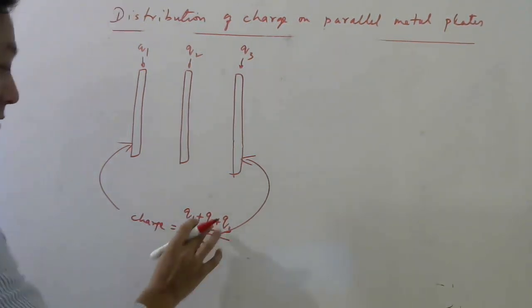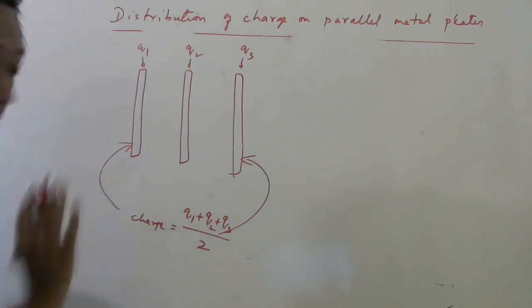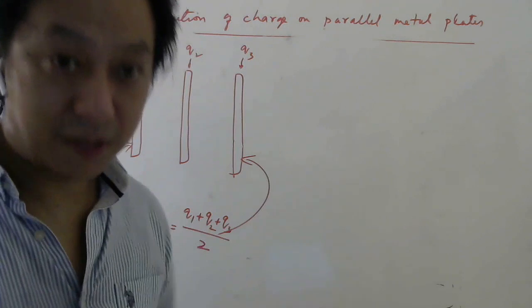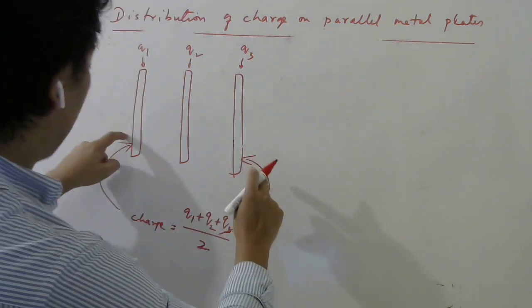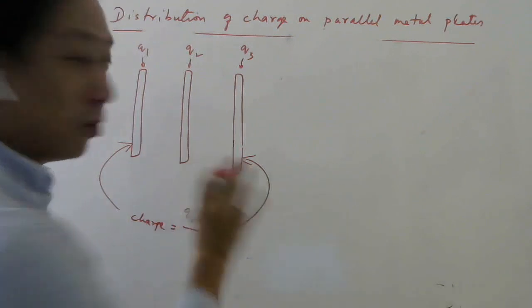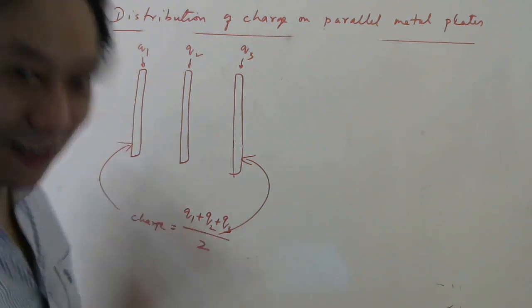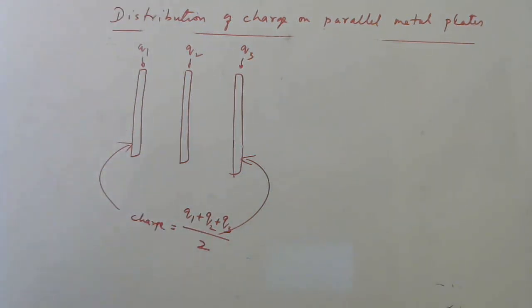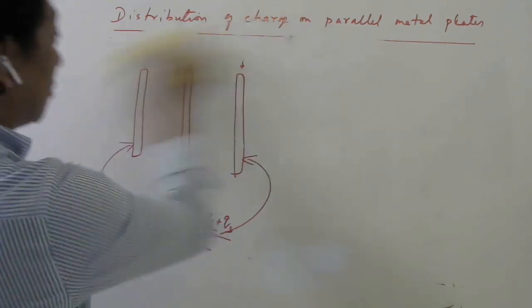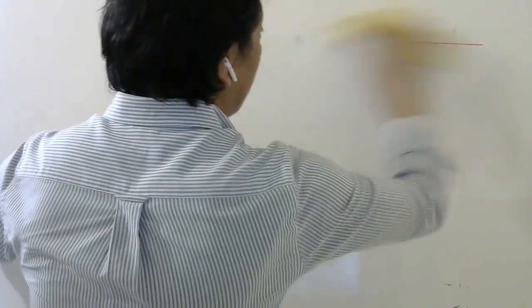divided by 2. So again, I will not do the derivation for this, okay, but if you follow the line of reasoning which I have done, you can expect the charge here and the charge here will be this much. For the inner ones, no need to do, because once you know this, you can easily find them. Let me explain with an example. So try to remember this, students, very important. If you have parallel plates, the total charge divided by 2 will be the charges on the outer faces of the first plate and the last plate.